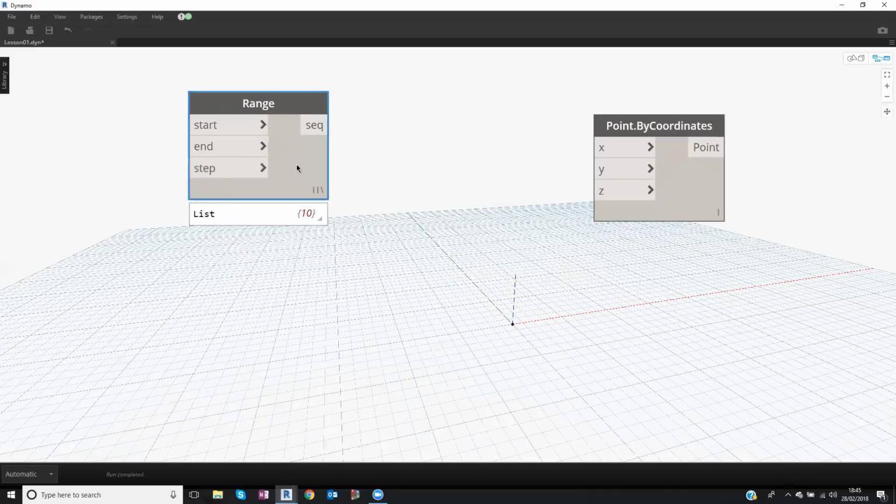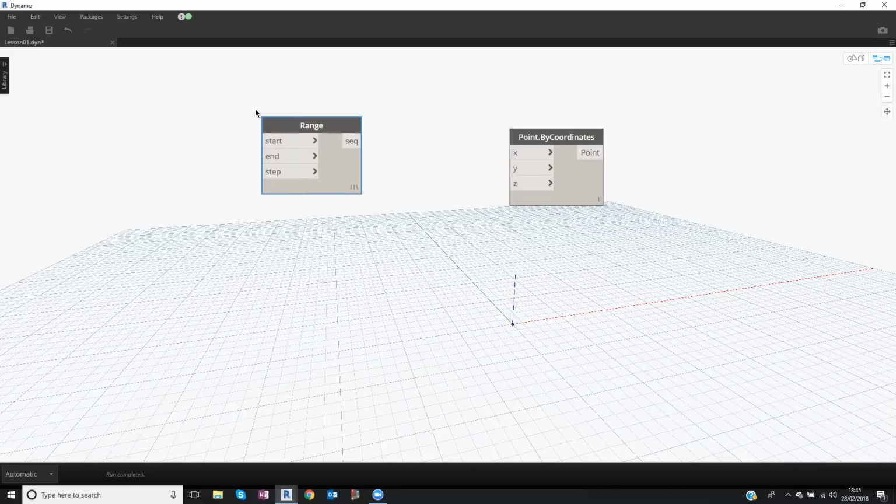So the range is a specific node to create a list of numbers. There is a start number, end number, and step number. So the first